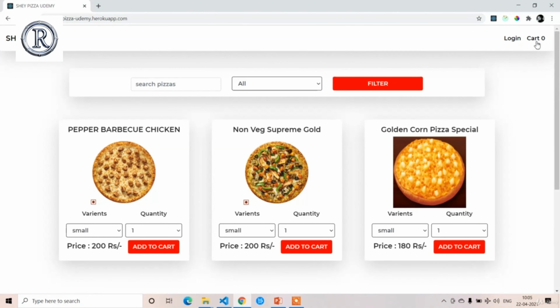And let me add the margins. You can add the margins using the class names only. For both the divs, I am going to apply margin is equal to m1. Here also I am going to apply margin is equal to m1. That means margin 10. So the margin applied successfully. Now I am going to apply the margin for the entire div. If you want to apply the margin for the entire div, you just need to add the margin in the